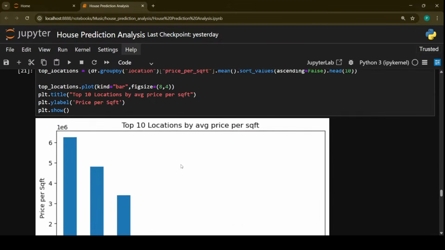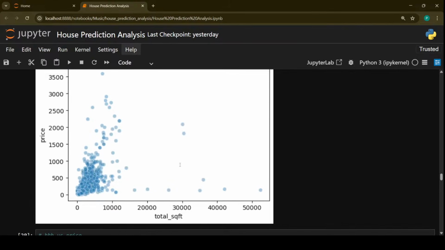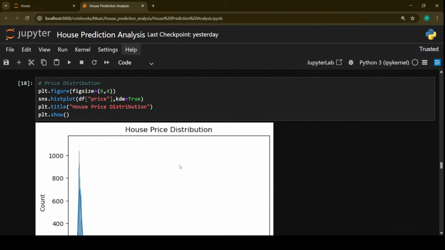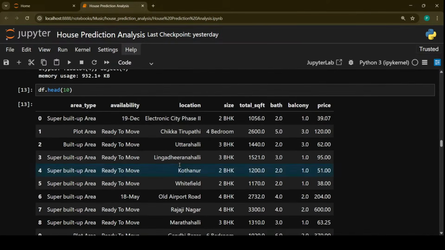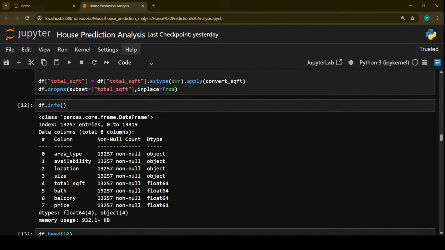But as you can see, these were the things which we have seen. We were still at data visualization, where we derived some of the data. Now what we need to do,